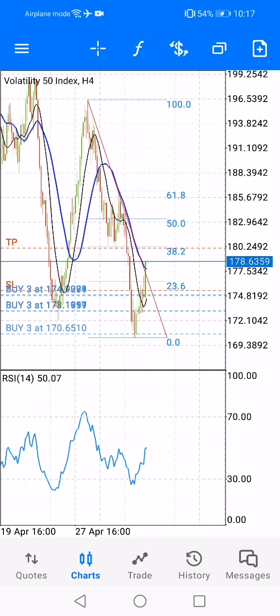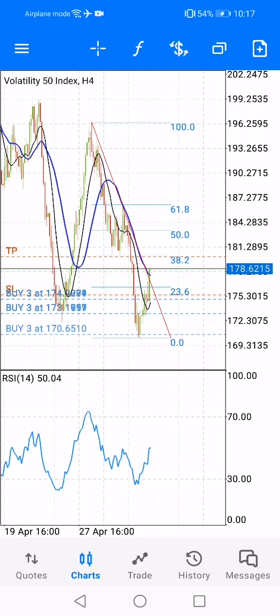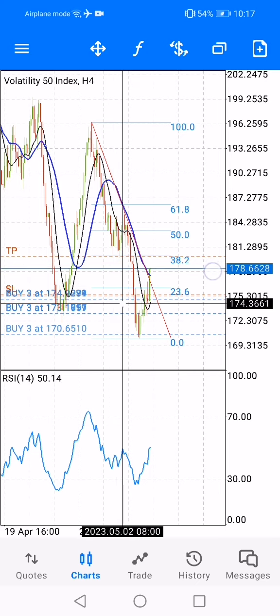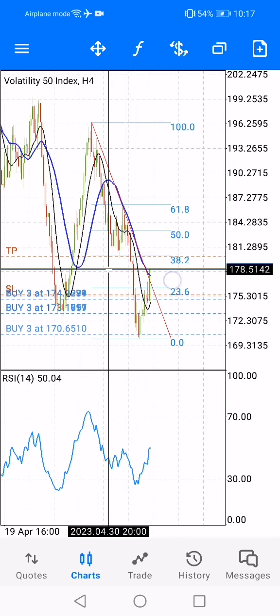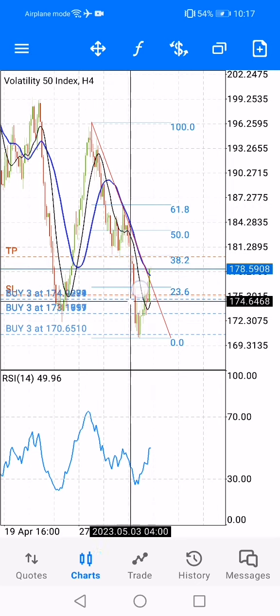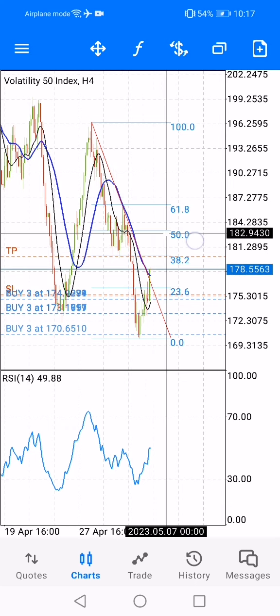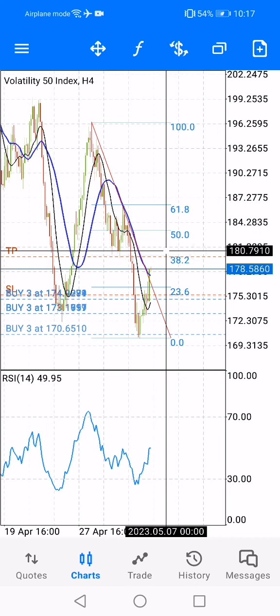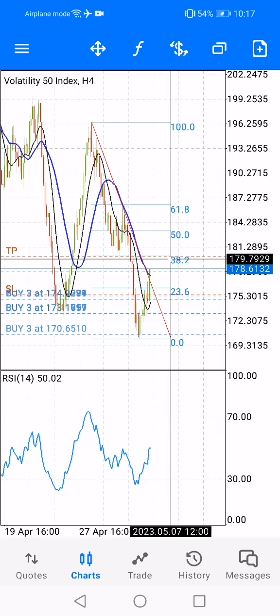So the thing with Fibonacci is like this: if the price is on a trend like this one, the price won't respect the level 23.6, 38.2. If this price is on this downtrend, the price is going to respect level 50 or level 61.8. But just to be safe, I'm going to put my take profit just below level 38.2